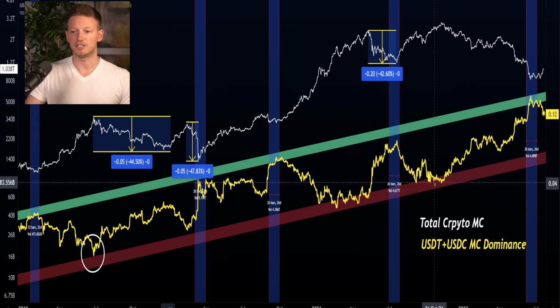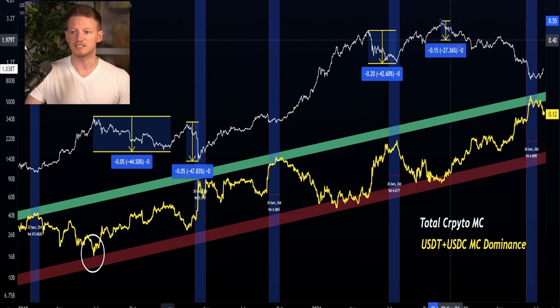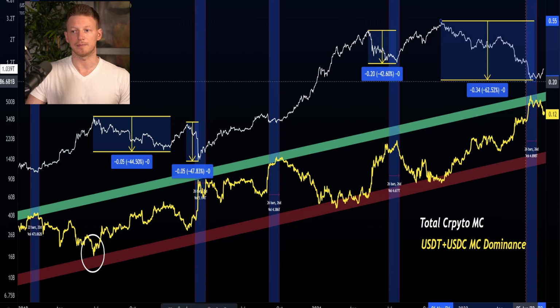Okay. And then, again here in November, we hit that bottom end of the band, indicating that the market is at a price premium in relation to the amount of liquidity sitting on the sidelines. And what happens? We all know what happens. Massive correction. So the total market is now down around 62%.